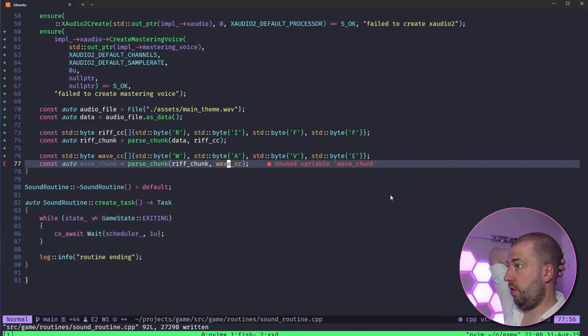So then once we've got that within the wave chunk, I think we want to find the format chunk.